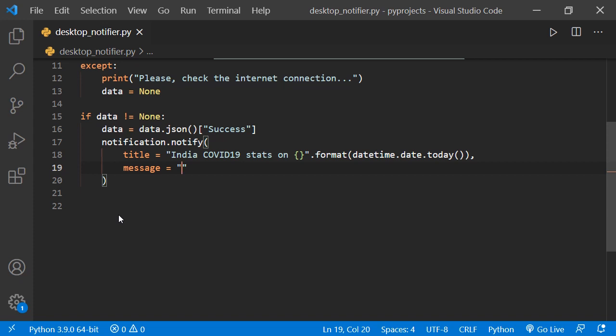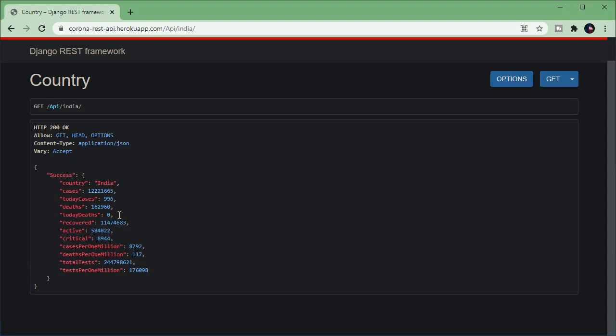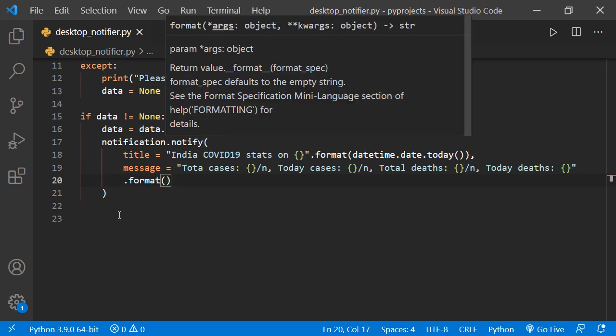They are total cases, today cases, total deaths, and today deaths. I think all these are correct as here. Yeah, they are all correct. Now I'm going to use this .format in order to get the exact values of those.